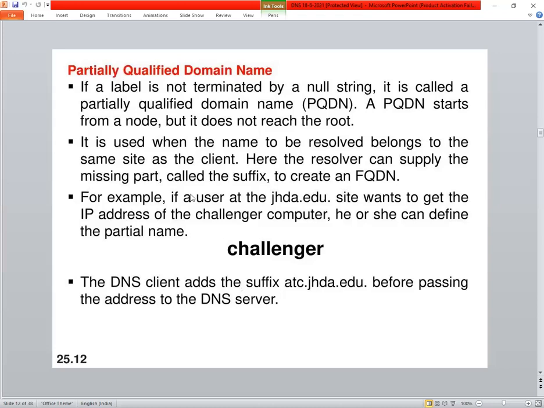So a suffix will be added before passing the address to the DNS server.